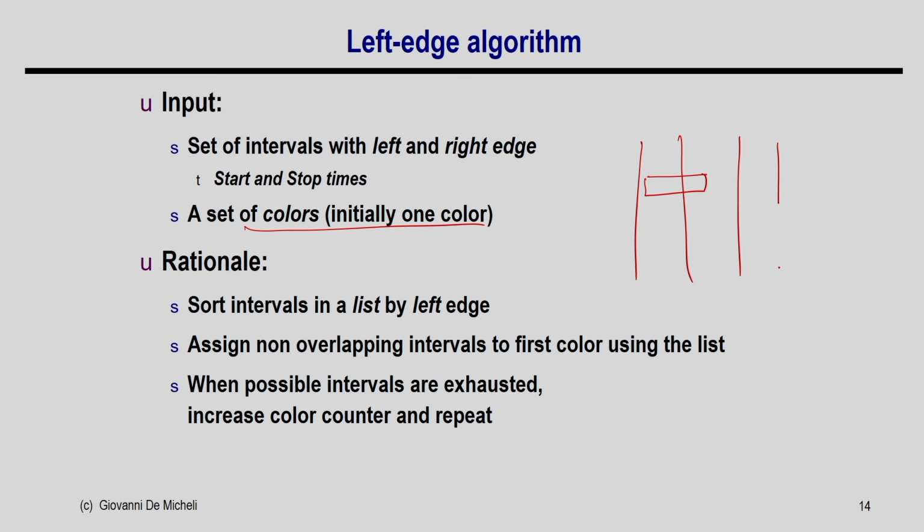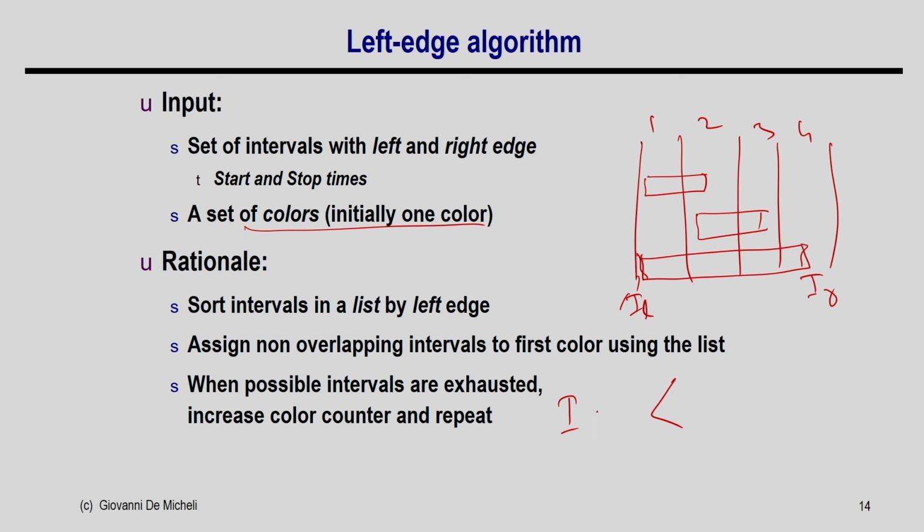So, now I can say that this is my intervals, this is interval 1, 2, 3, 4 and so on, and this is how I am going to represent the intervals. Every interval can be represented by two things: its left edge and its right edge. So, this is I L and this is I R. I can represent an interval I by I of L and I of R. So, this is how I can represent an interval.